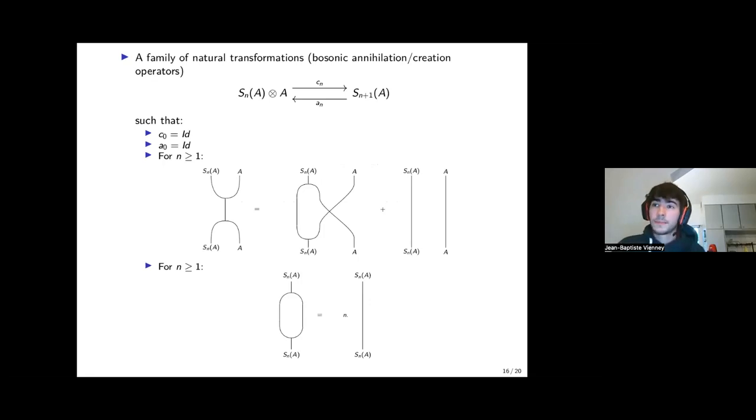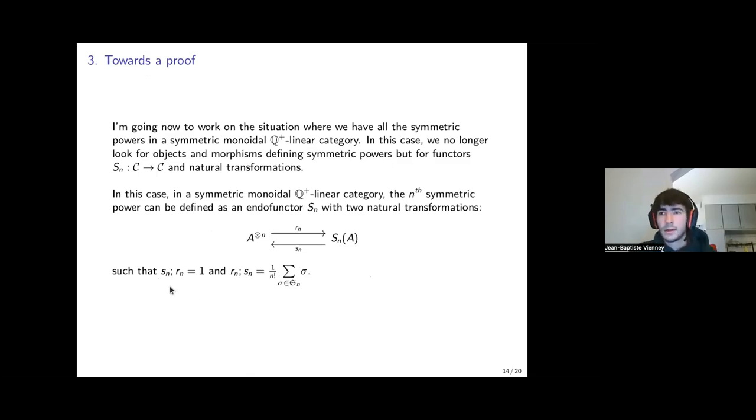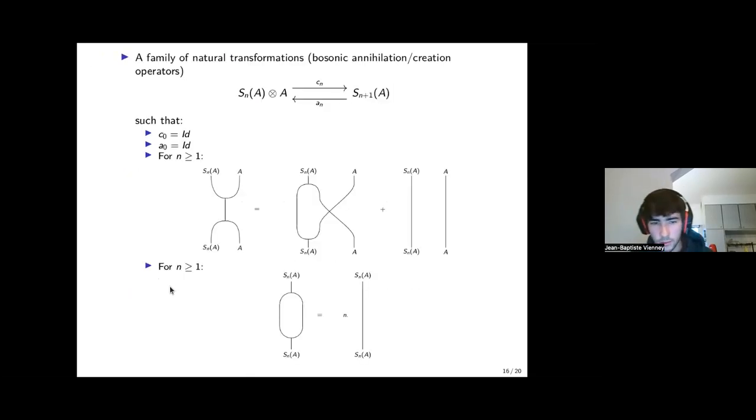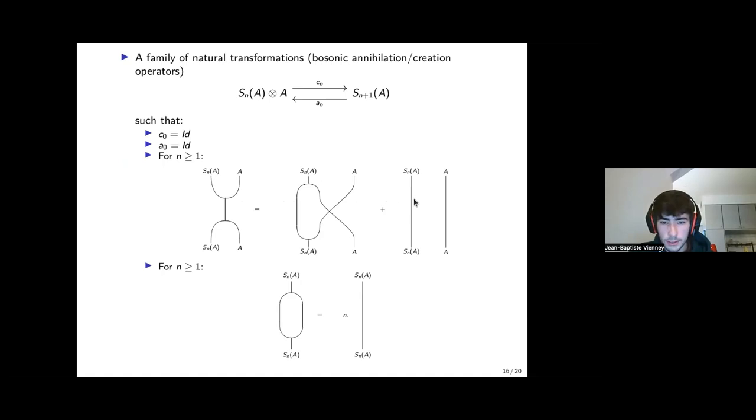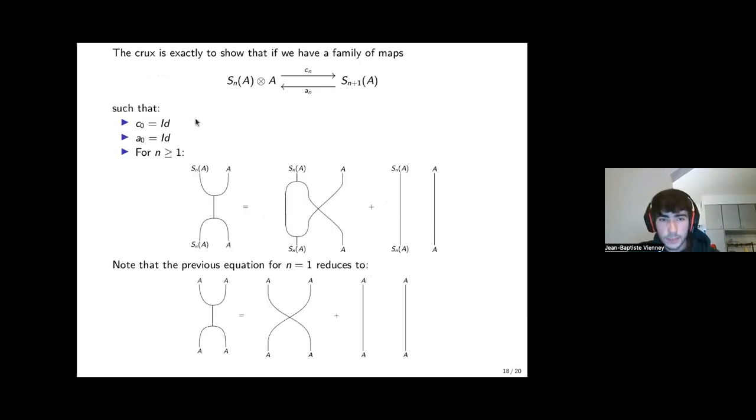And more precisely, the most difficult part is, so it's easy to go from this second equation to this equation S_n R_n equal 1. What is difficult is to get R_n S_n equal to the sum of permutations from this first equation. So more precisely, really the crux is if you have a family of natural transformations like this, which verify these two equations. So these big equations, when you put n equals 0, give you this thanks to C_0 equivalent identity and S_0 equivalent identity. So what is difficult is you start with this,